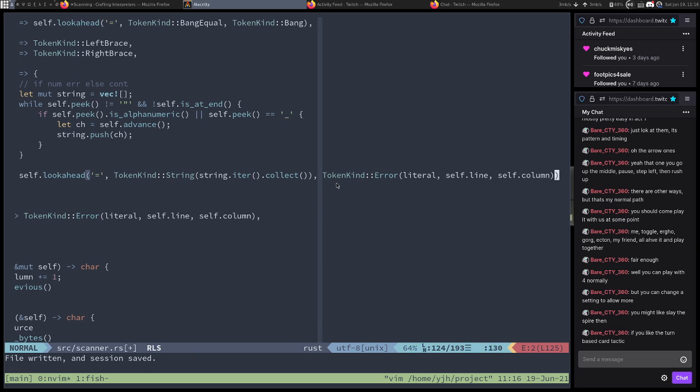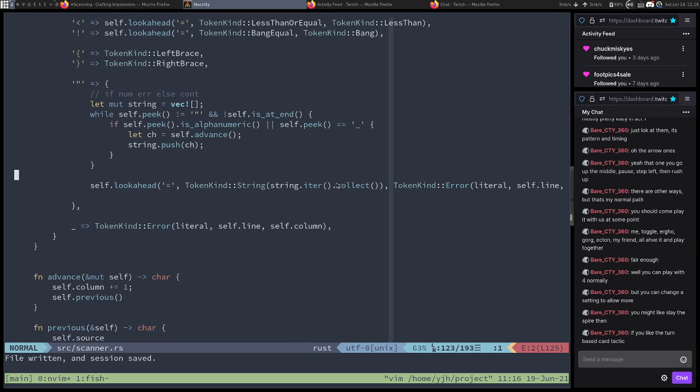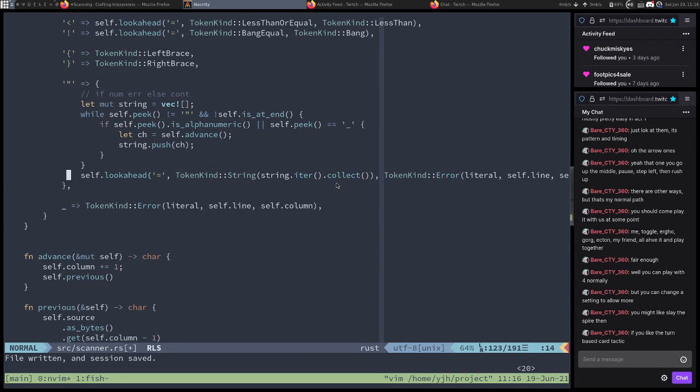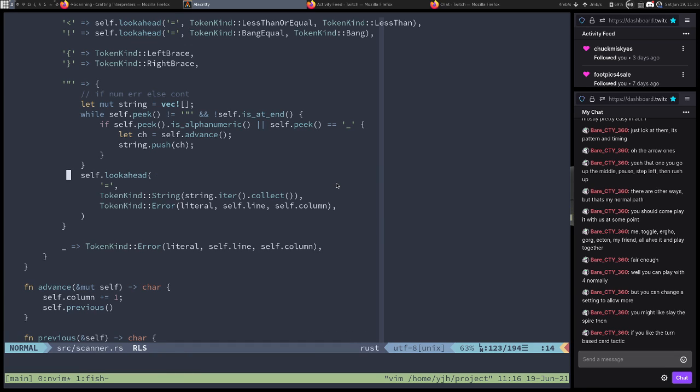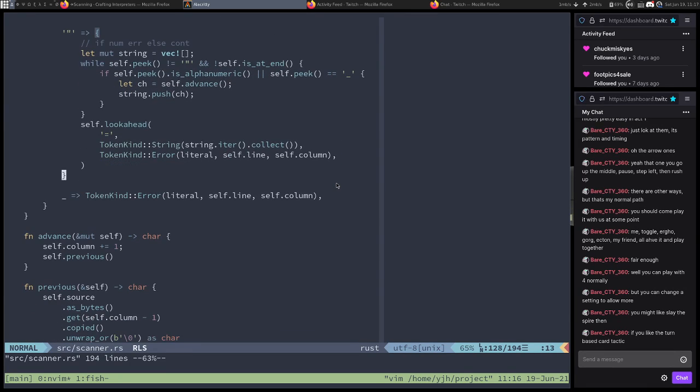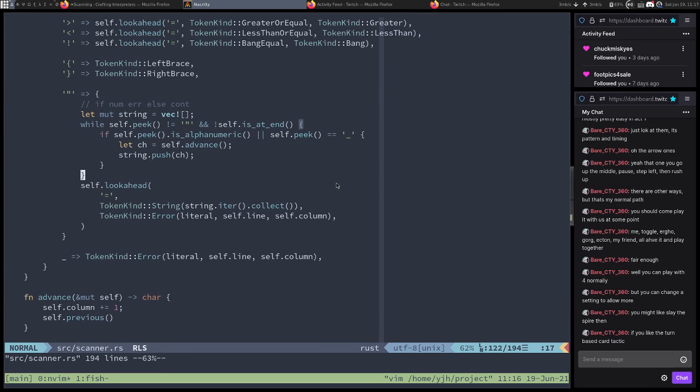One more time and do that. Okay. So self.lookahead. If look for is found in V1, else V2. Okay, so